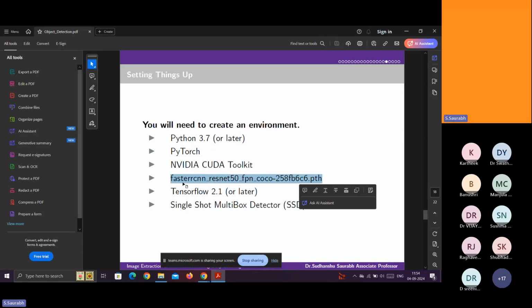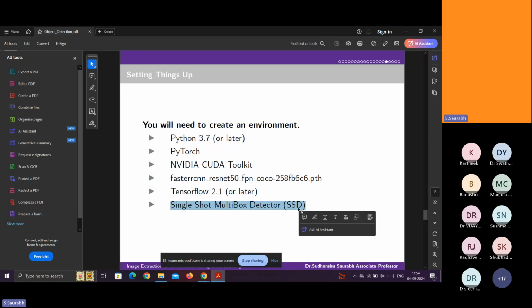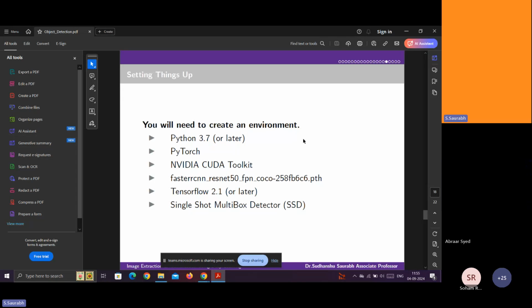And if you want to use SPPnet, then you can download the SPP. The H5 extension you have to download and integrate with your environment. And if you want to use TensorFlow, then you can use TensorFlow, and the algorithms are there. For this algorithm I used it for my project. So the SSD algorithm you can download and create a single environment, and after that all these frameworks will take care of the detection and the classifications.